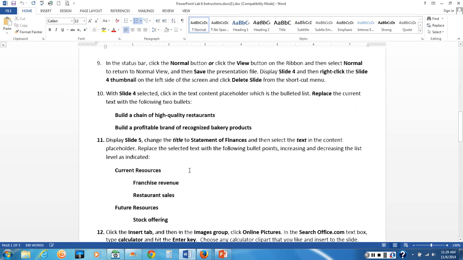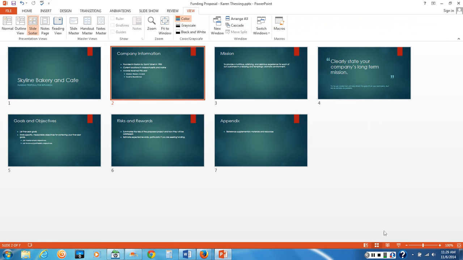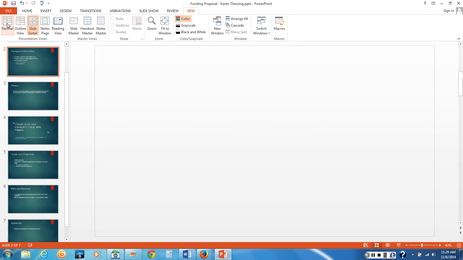Step 9. In the status bar, click the normal button to go back to normal view, or click the view button on the ribbon and select normal. And then we're going to save the presentation again. So down here on the status bar in the right corner, you have a button called normal, or you could click on view and normal in the presentation views. So either way, get back